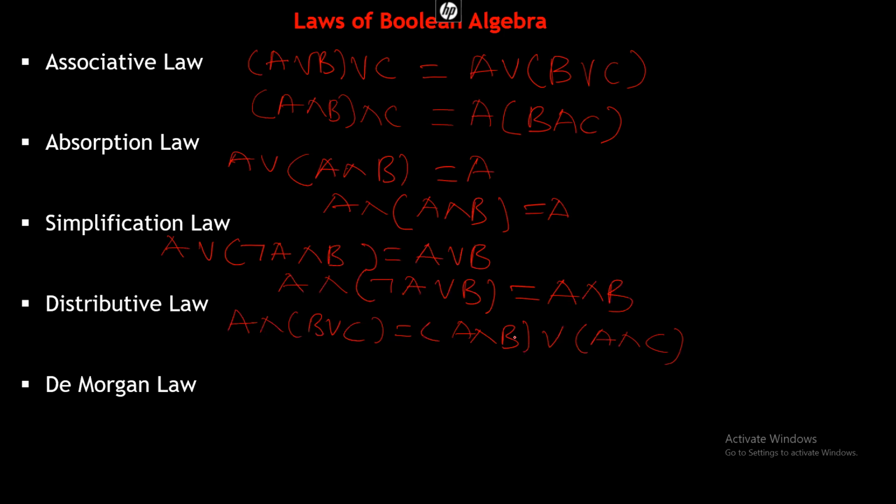The first one here is the distribution law for AND over OR. So the next one is the distribution law for OR over AND. So this will be